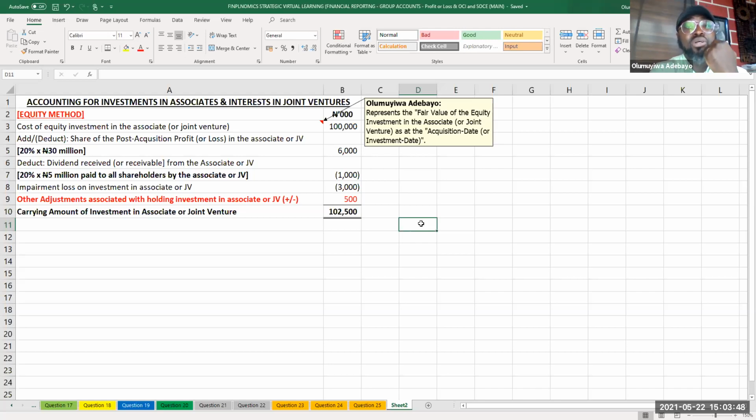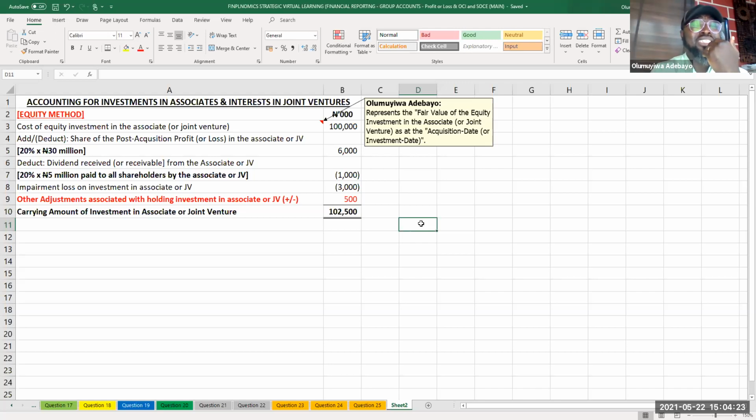And therefore, for you to subject equity investment to impairment loss, it means, one, this is not an equity investment that is measured at fair value, because it's measured at equity method, because the fair value will not impact our equity valuation here. And therefore, that loss is a loss on equity investment that is deemed to have been carried at cost or equity value other than at fair value.